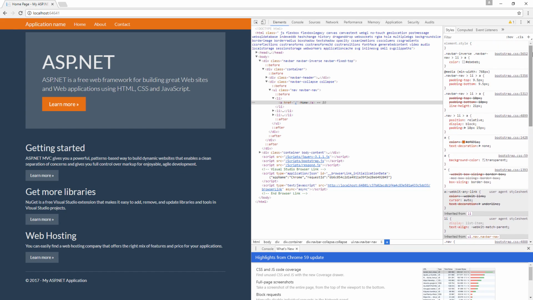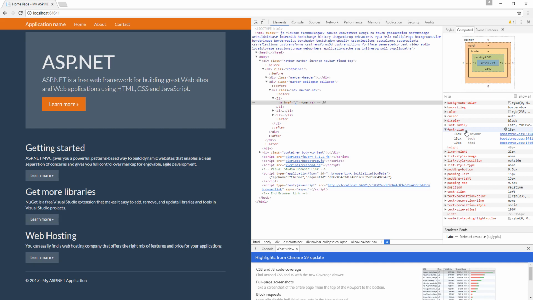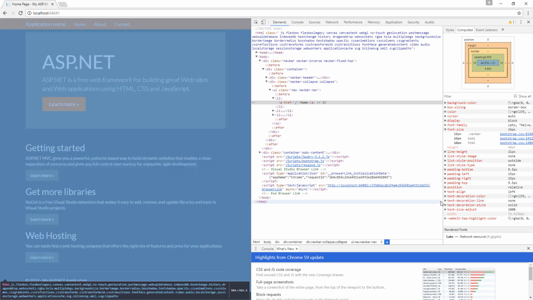If you're saying, I still can't find font size in here, I'm not sure which one applies, whatever, you can come over to the next tab, this is again in Chrome, and say Computed. And Computed tells you what all different styles have been applied based upon the actual item that has been changed. So for example, font size, again alphabetized, which is nice, font size is right here. If I select it, let's expand this out a little bit,